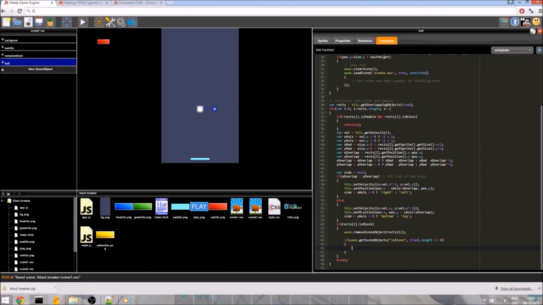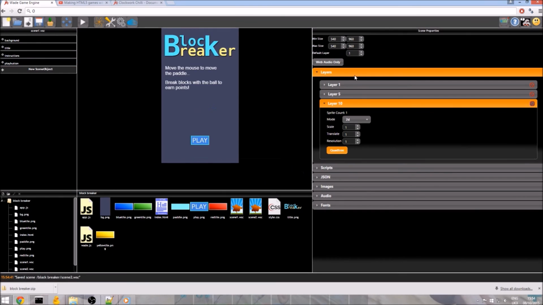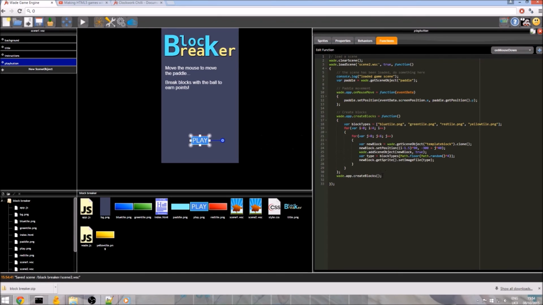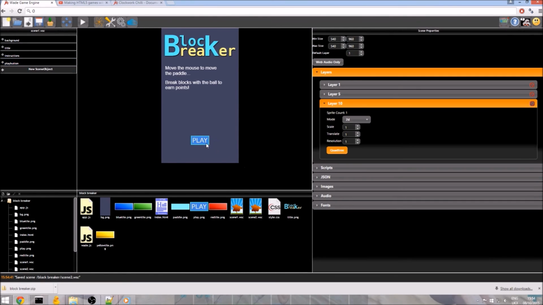We want to remove the objects. We want to clear the scene. Actually, sorry, we don't want to clear the scene. We just want to either... There's two ways of handling it. We could reload scene 2 from inside itself, but I really don't like that. Or we could use the function we just made. And I'd much rather take that approach. So we'll just go back to scene 1, find the name of the function. It was wade.app.createBlocks. And we're just going to go back to scene 2,